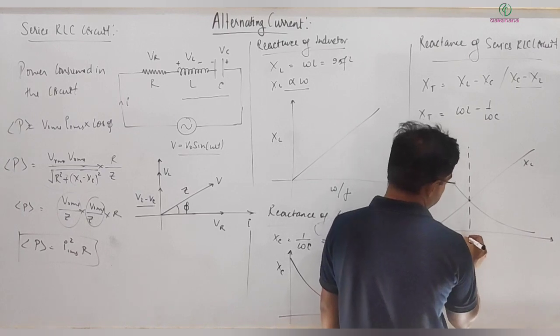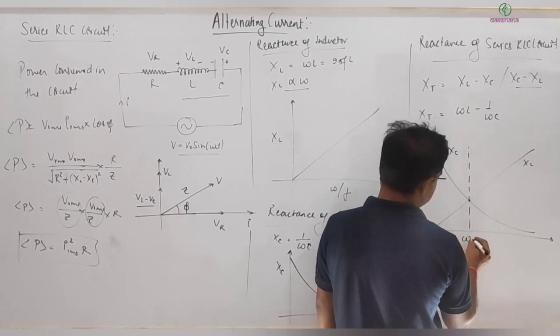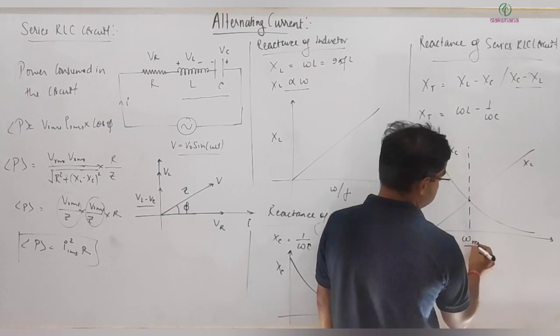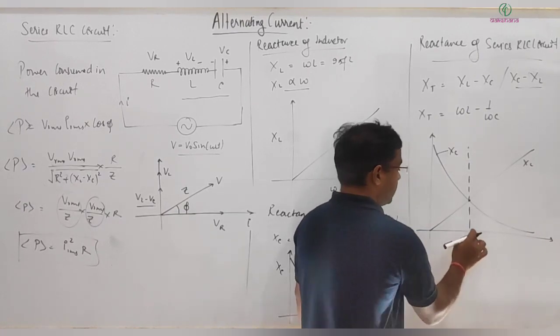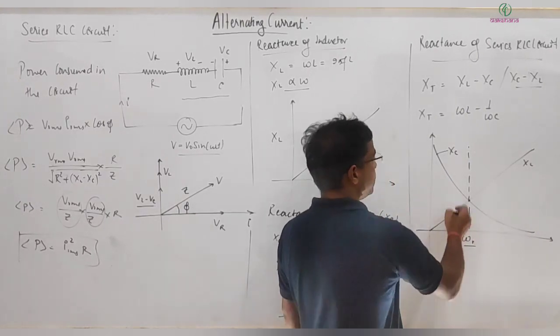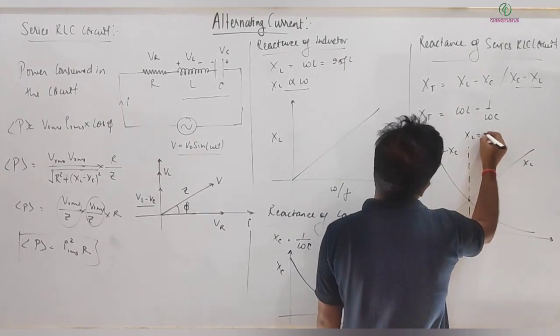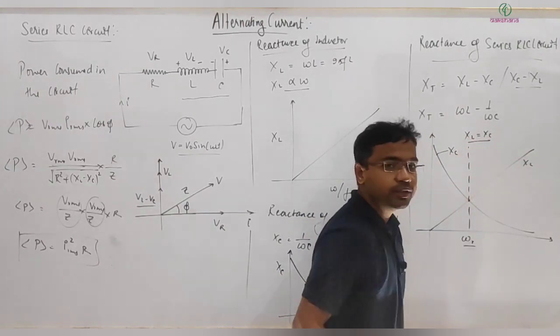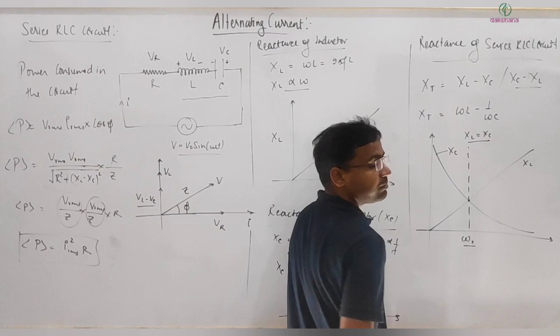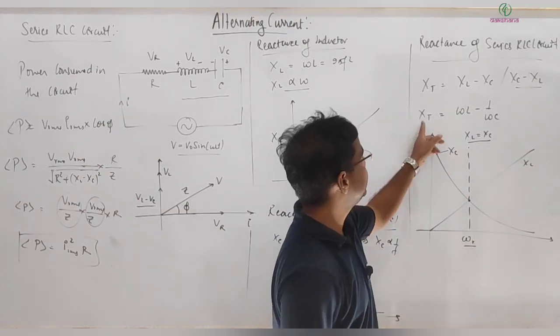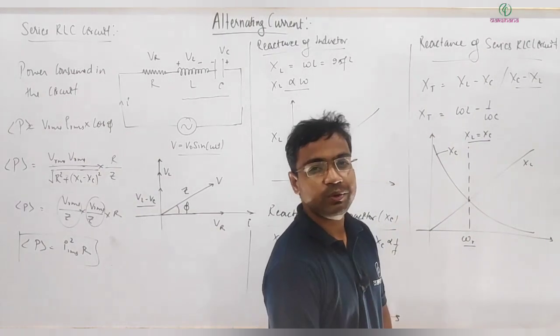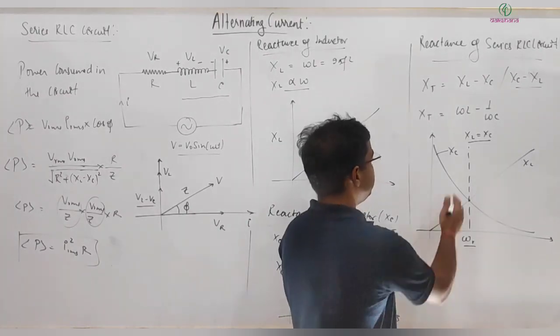Here you can write omega. We call it omega resonance, which I will define later. Omega R. So at this point, you can write X_L is equal to X_C. Then at this frequency, X_T, the reactance of the circuit, will be what? Minimum. And before this,